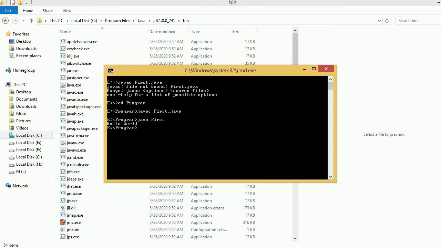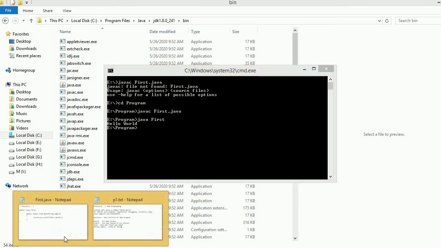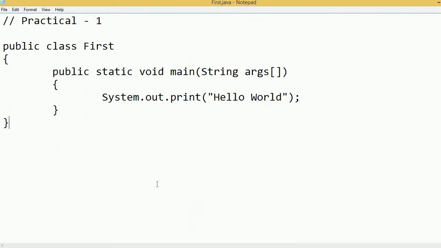So this was the first program of your lab manual, in which we just have to print hello world. In this we have also included the main function of the Java program. Here I am changing the sequence of public and static. Let me try whether it is working or not. First I have written static and then public, so let me change the sequence.